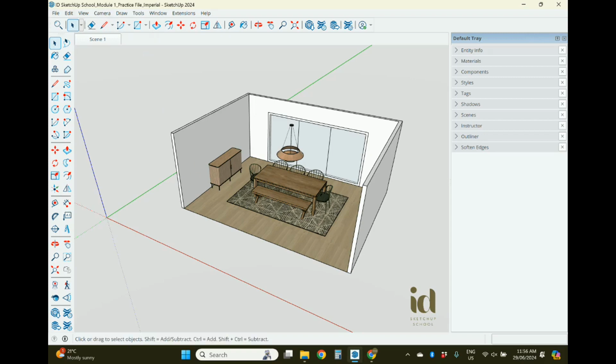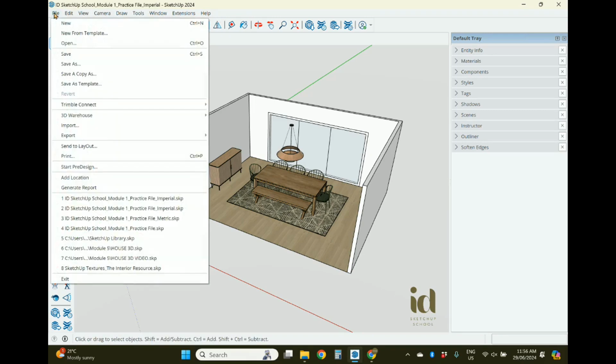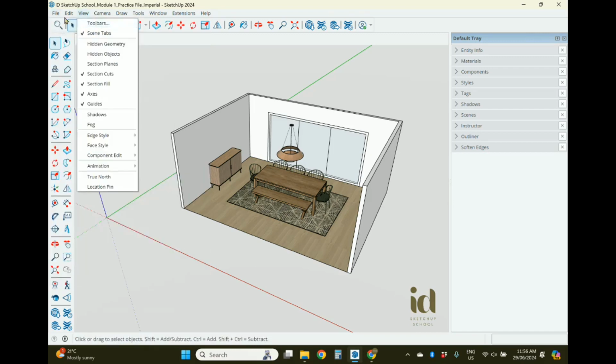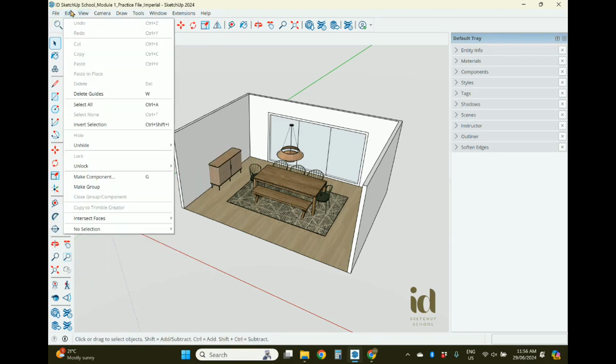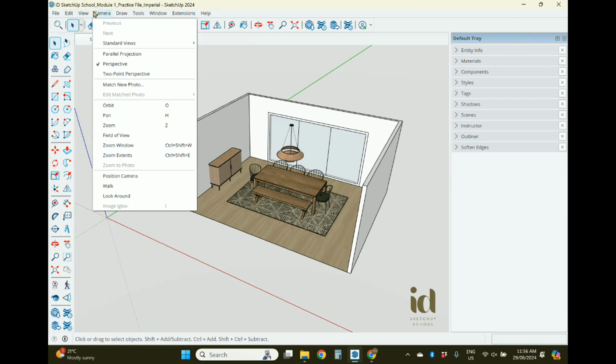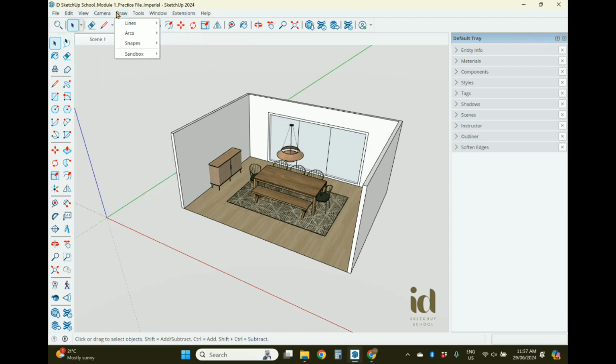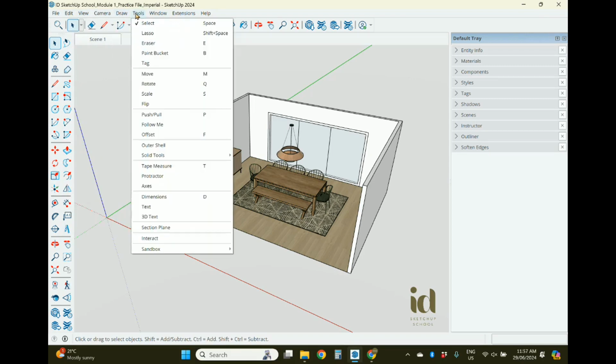Now the next one down, that is your menu bar. Just like any software program, you have your typical menus where you have File, and in File, this is where you can open up a project, start a new project, save your project, import, export, and so on. I'm not going to go into super detail, but I'll just run you through quickly, and everything will start to make a bit more sense once we're actually using the tools. But you have your Edit tab, View tab, Camera. Then we have the Draw tab, which is where there are various drawing tools, the Tools tab,